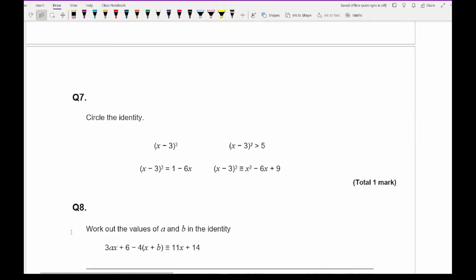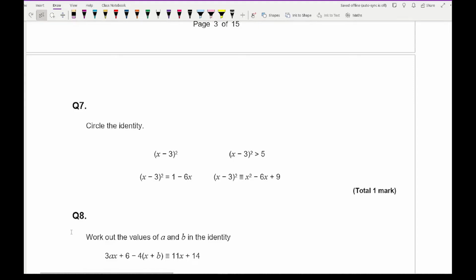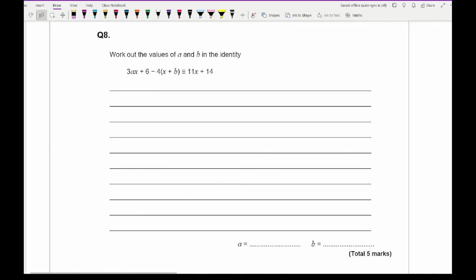Then moving on to question 7, it says circle the identity. So here you can see that there's only one expression that's got a triple bracket, so the correct answer must be that fourth option. Now moving on to question 8, it says work out the values of a and b